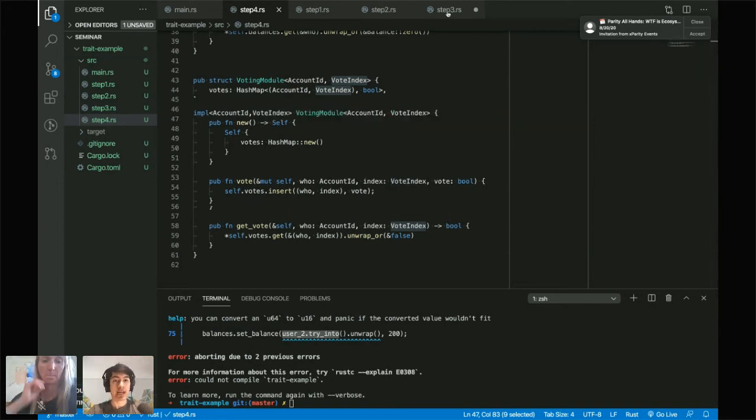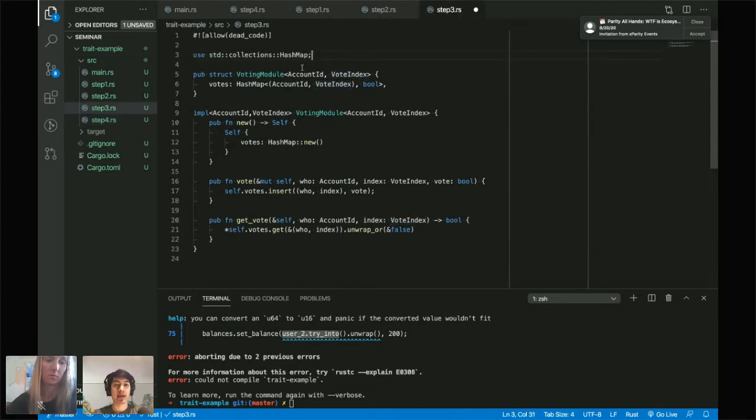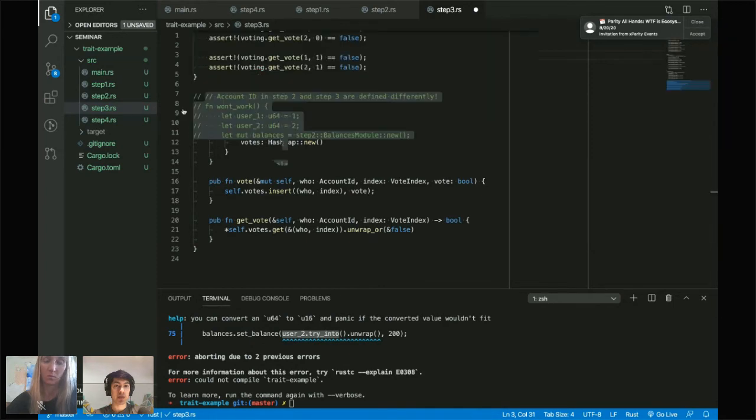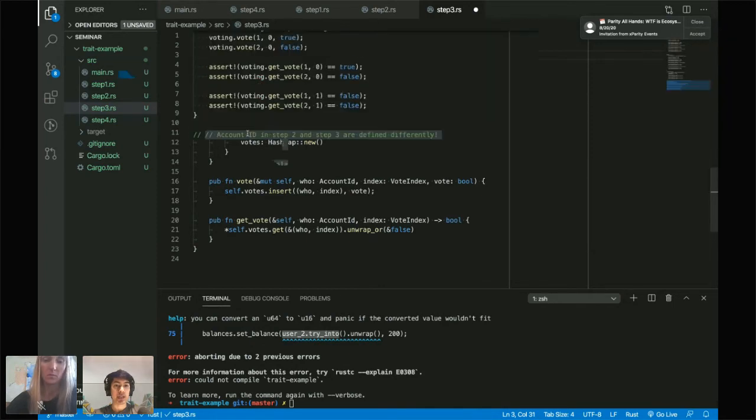So the way I'm going to do that is I'm going to just continue iterating on step 3. I'm going to modify it. So I took something that had the hard-coded types, and I'm going to add these generics here. And so let's take a look at how we would have to modify the code to make this compile. So let's go back to main 2. So this is step 3.